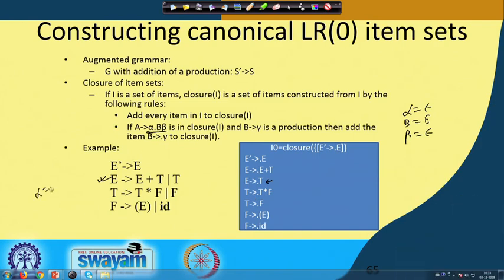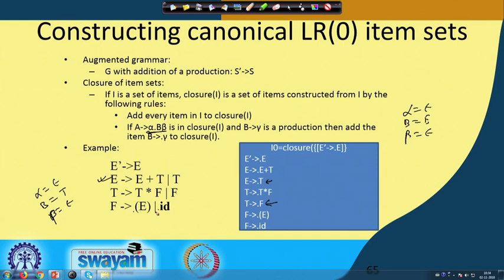Here alpha is epsilon, B is T, and beta is epsilon, and then B producing dot gamma gives T producing dot T star F and T producing dot F. These two are added to the set, and as soon as T producing dot F is added, based on that, F producing dot within bracket E and F producing dot I D are also added to the set.